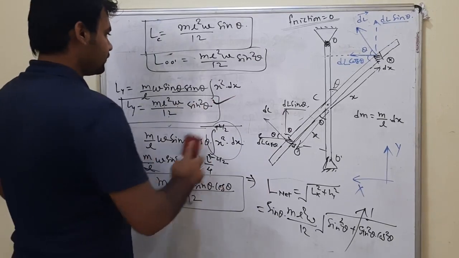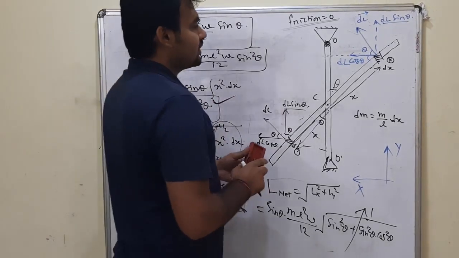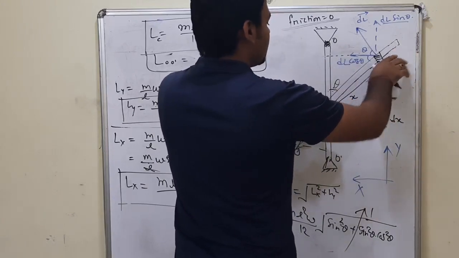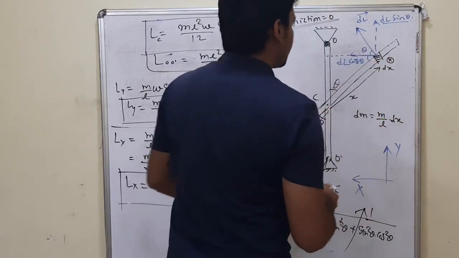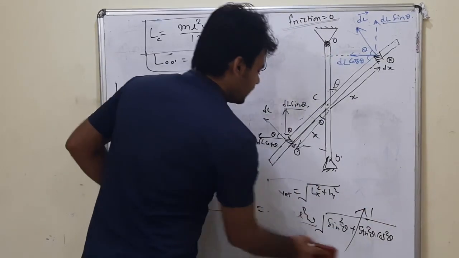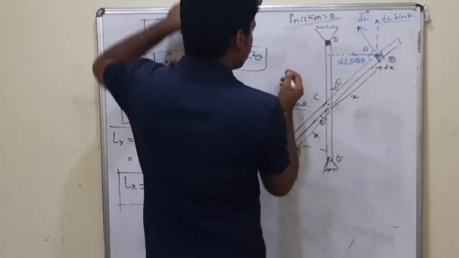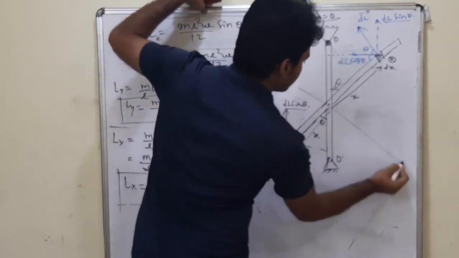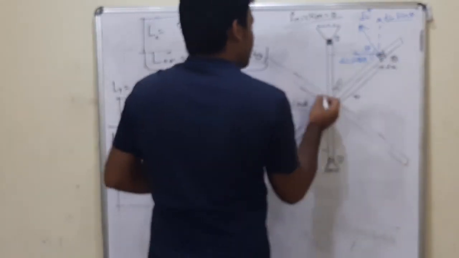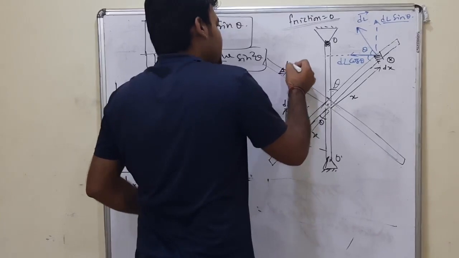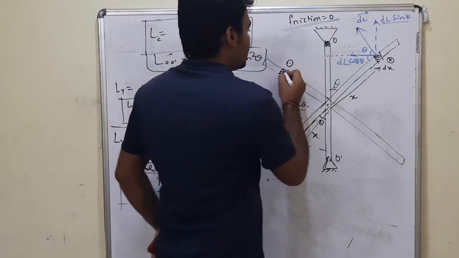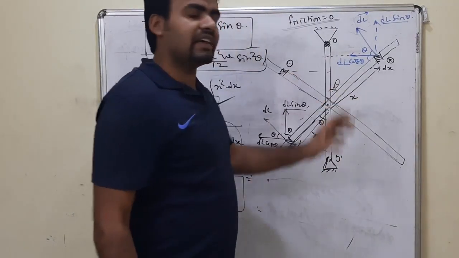Now for the second part. The second part asks what will be the change in the angular momentum of the rod about point C in half of the rotation. You can see in half of the rotation, the position of this rod will be here. The position of the rod will be like this, and if I again consider the element here, this time this element will be moving out of the plane of the board, coming out. And for this the radius is still the same, x sin theta.